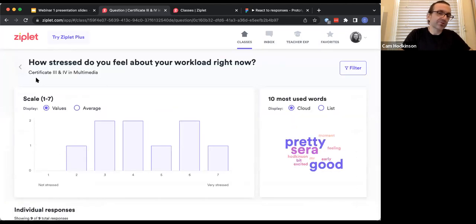So what I want to do now is just show you, this is a single snapshot, and it's a really great way with Ziplet to get a sense of, okay, how stressed are my students feeling right now? How do I put my finger on the pulse?